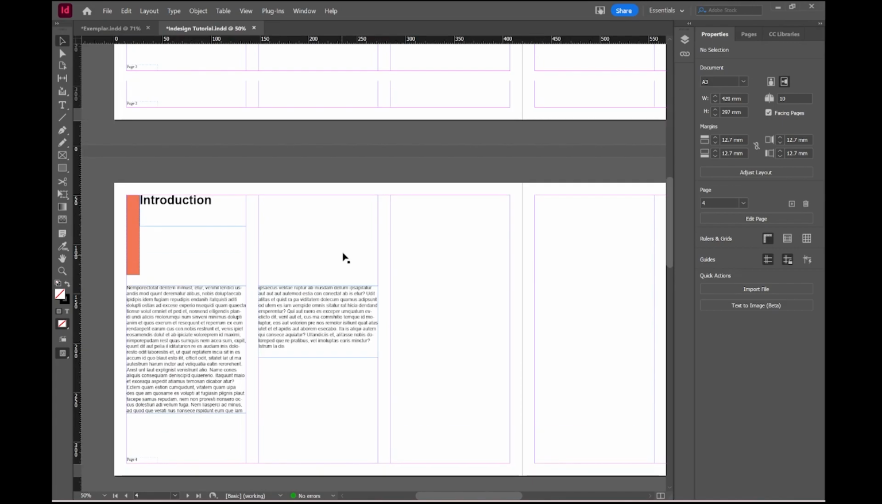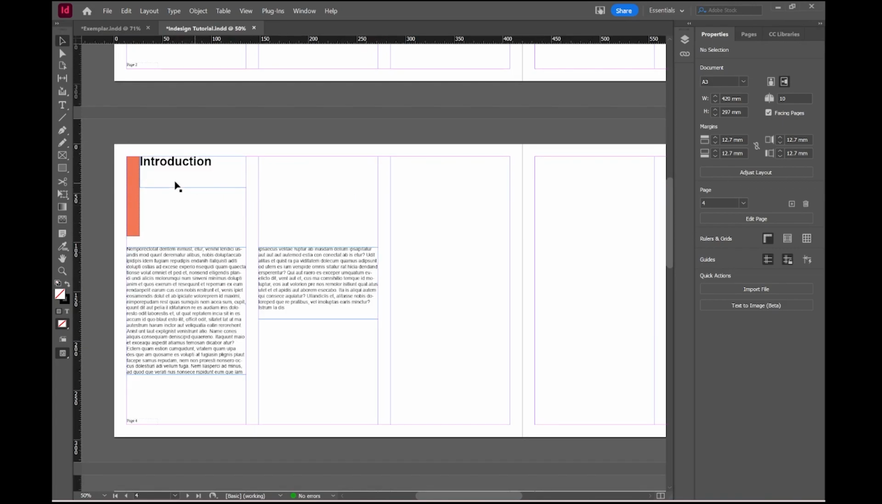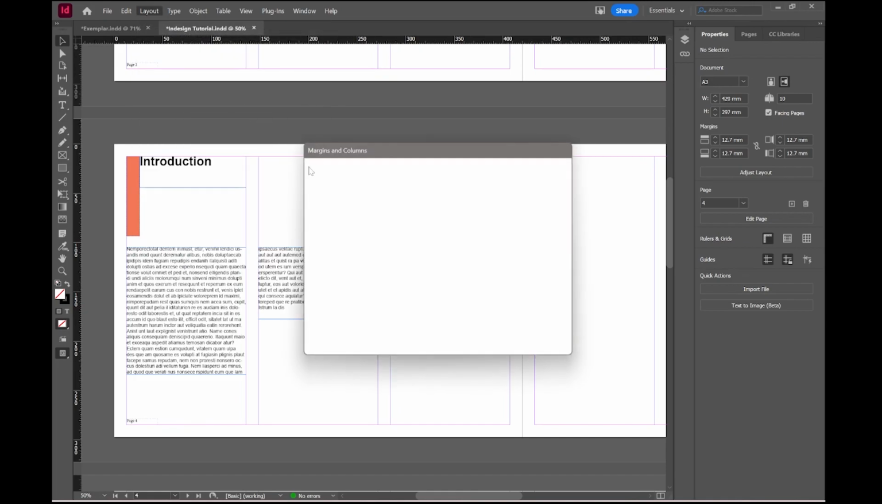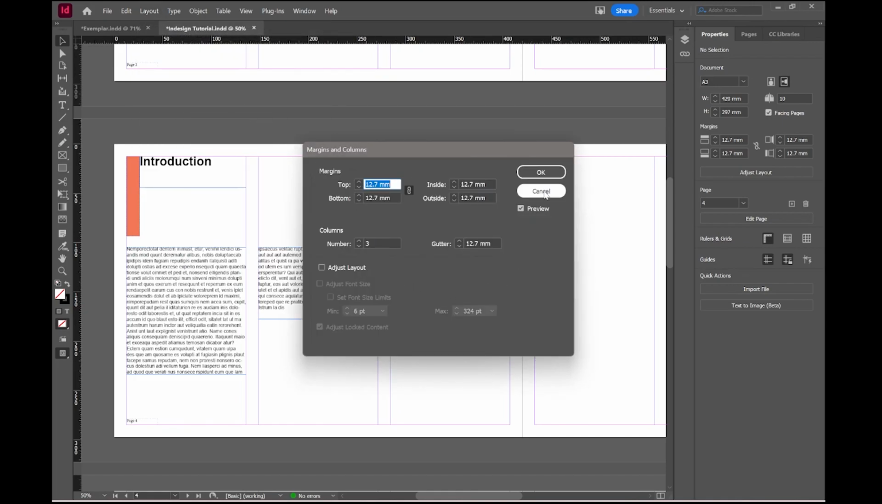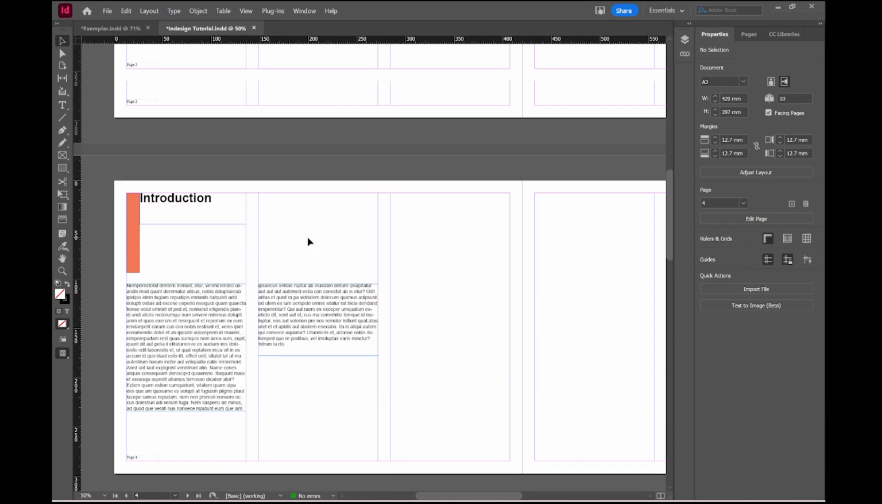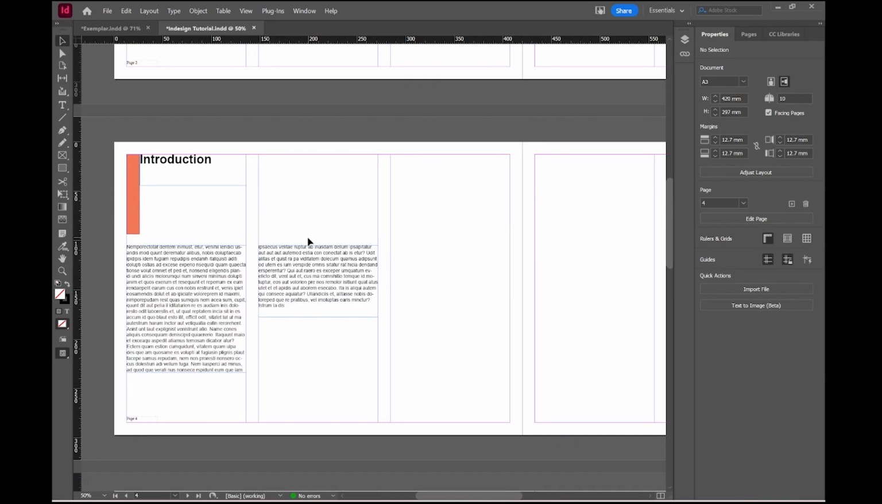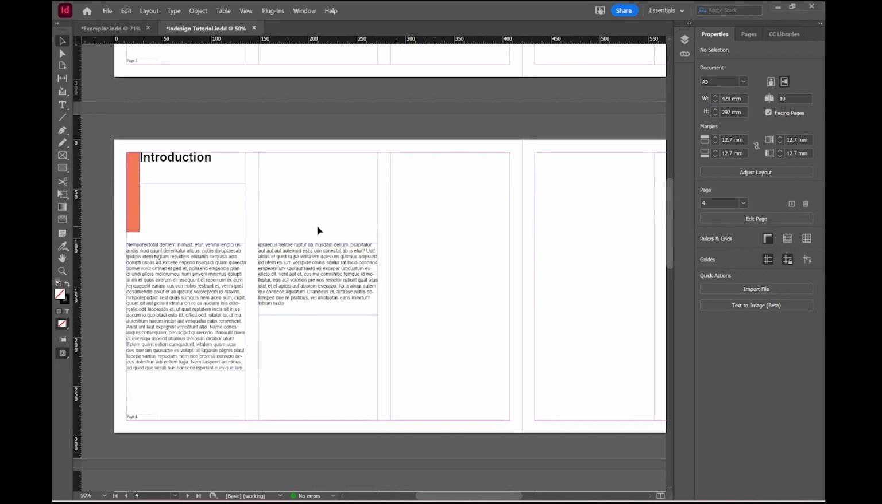All right, okay. And if you want to play around with these columns, simply just go to Layout and go to Margins and Columns, and you can play around with those. But we already have these for now, so we'll just stick with them. But yeah, if you do want to edit columns in the future,